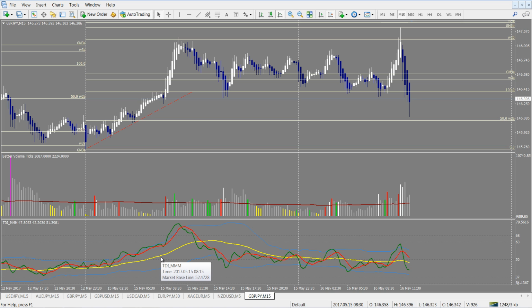I've started to use the TDI. It's just something Steve Marrow uses, but I've noticed that this yellow baseline is a dynamic baseline meant to be based on the RSI, which I never use because I don't really like indicators because they lag. But what I've noticed is when it gets to an end of a wave, the TDI is usually at the overbought, in this case overbought area,